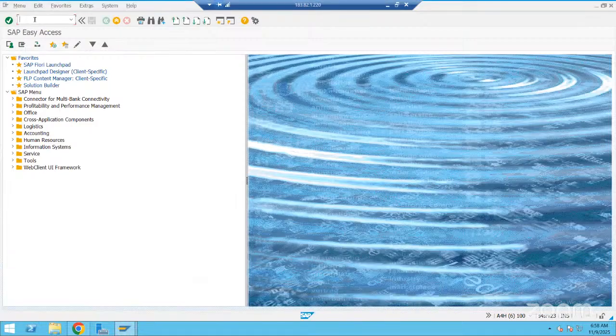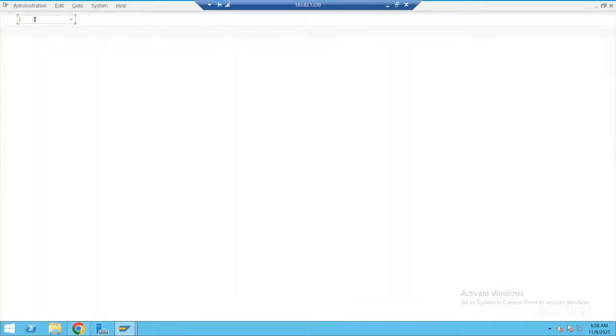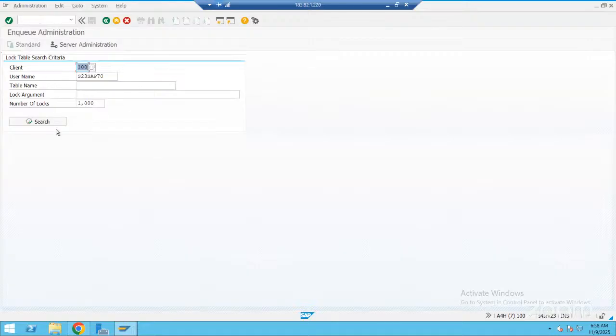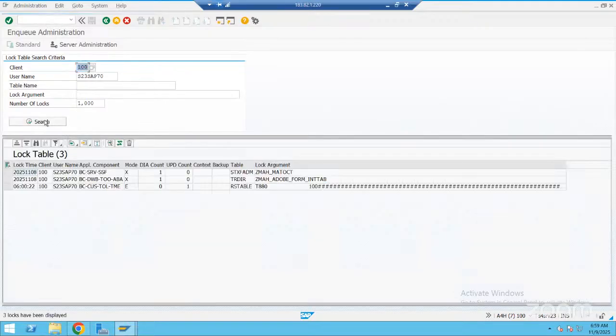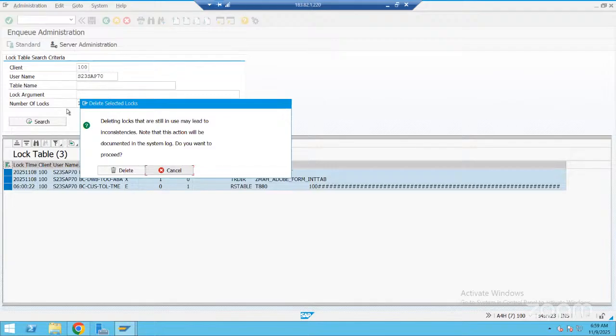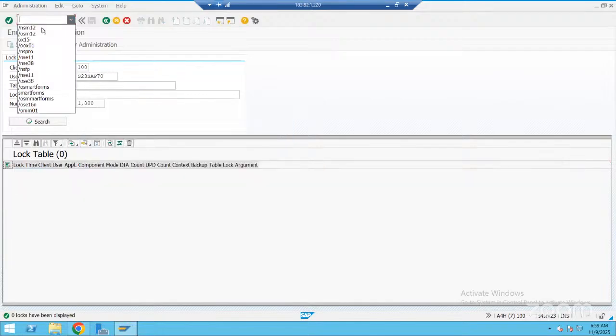I will remove the lock. Go to /n SM12 and delete the locks. The select all option is not there here. So I deleted the lock now.